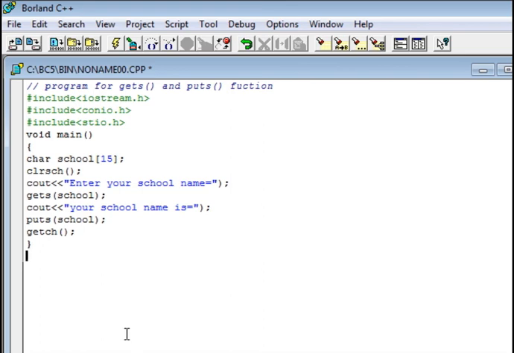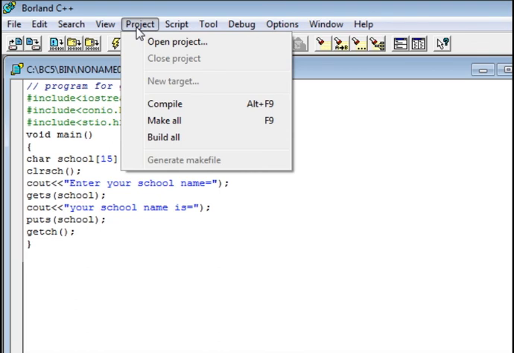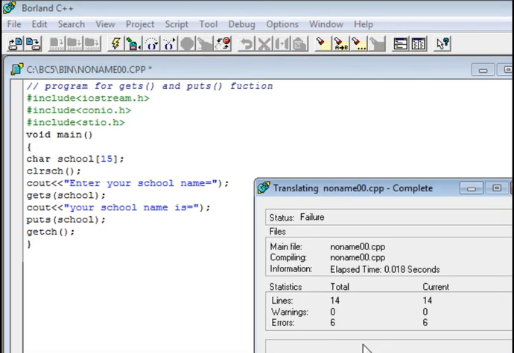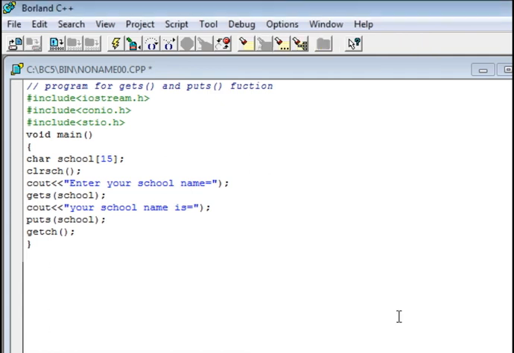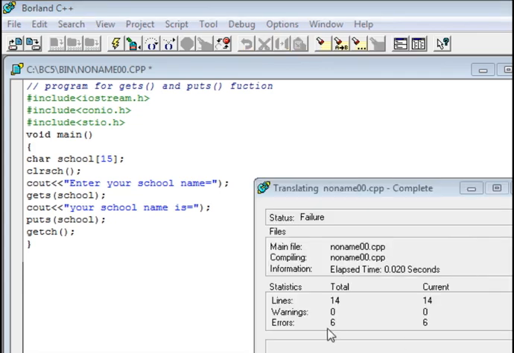After writing the program, you have to compile it. For compiling your program, you must click on the Project menu, and here is the option of Compile. So we will click on Compile. Here a message appears, which says there are 6 errors in this program. So we will resolve these 6 errors to execute our program. Students, you must read the error messages carefully to resolve these errors. To read error messages clearly,